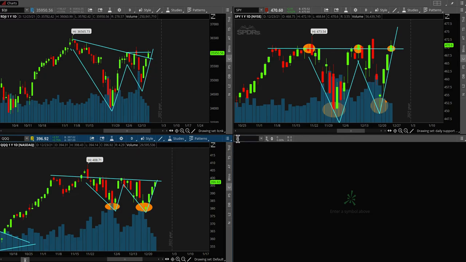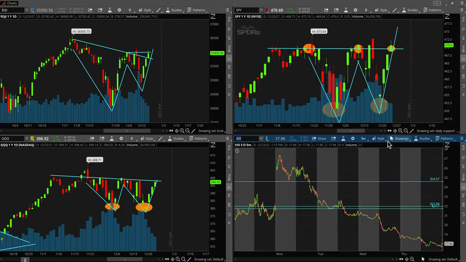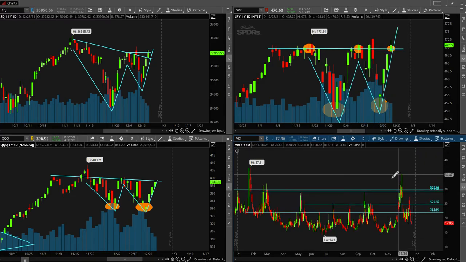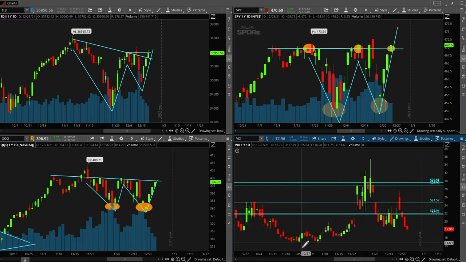Now I'm just gonna do this for comparison and contrast. We're gonna look at the VIX, the volatility indicator, and as we can tell, the VIX is getting pretty low. Honestly, this is my first time looking at the VIX in a while. If we were to do something right here, we can connect a trend support line, connecting all the bottoms. And as you can tell, the previous red candlestick on Friday, I think that's December 24th,